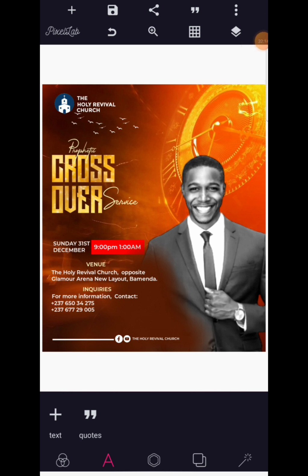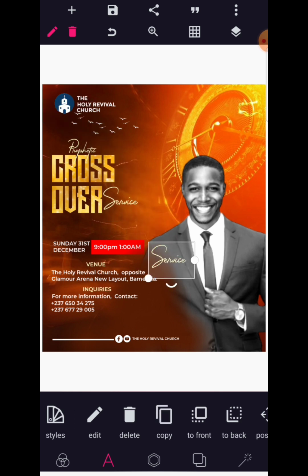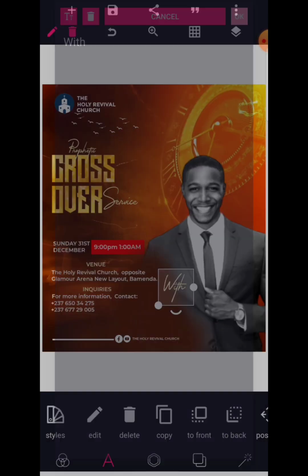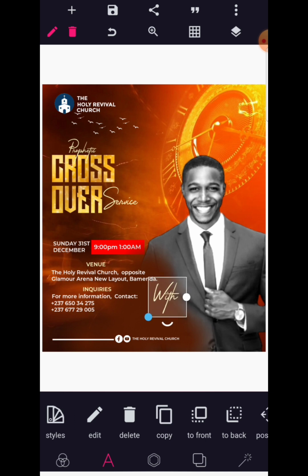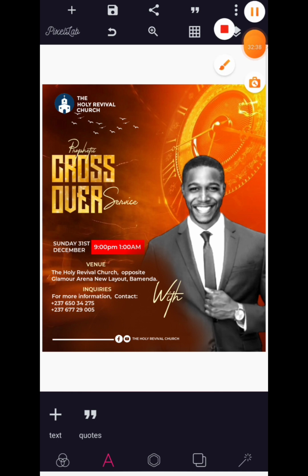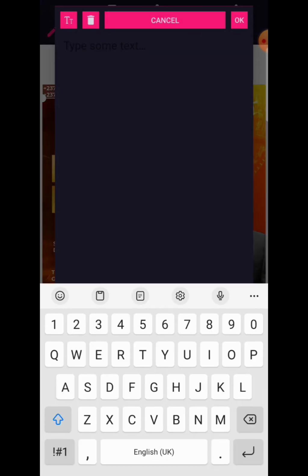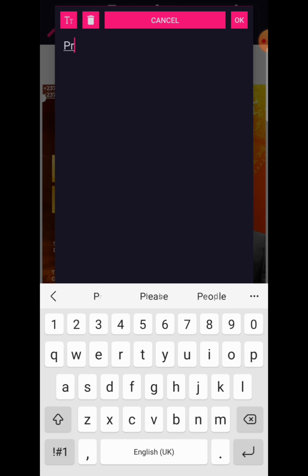Now the last thing we're going to do is to copy this text. All right, so we're going to copy the text to maintain the same font and write with who, the name of the man of God. So let's increase this a bit, position it here. So we're going to copy this to maintain the same font and write the name of the prophet. So the program will be coming up live with the most senior shepherd of the church, who is no other person than Prophet Elijah,